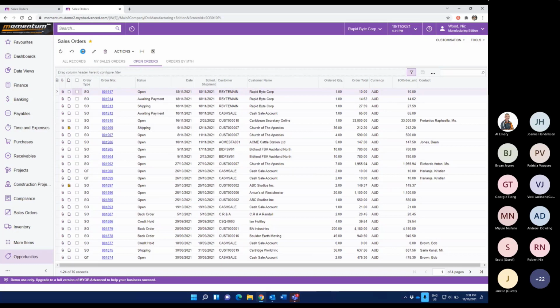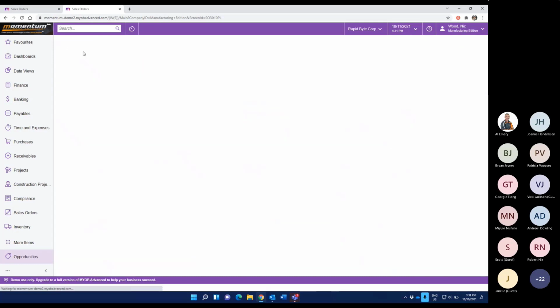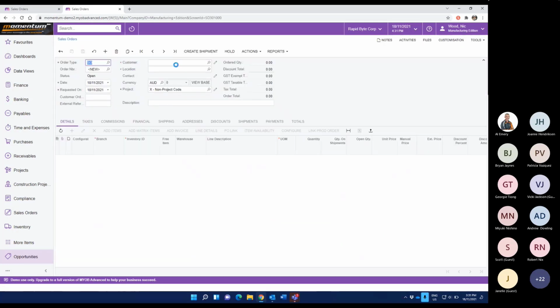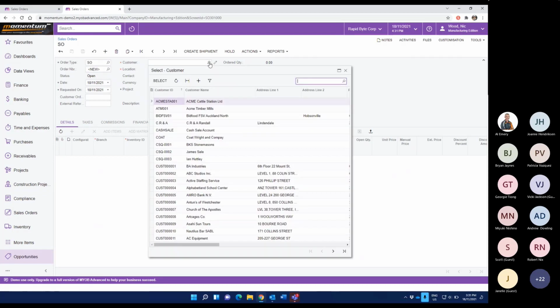But in an example here, if I have a look at a sales order, now obviously a customer can have a sales order that goes on hold due to credit hold, and we're going to want to alert someone to the fact of that. So that might go to your accounts department to say a sales order has been placed for Momentum Software who are over their credit limit. This needs you to go and investigate, make a phone call, progress from there.